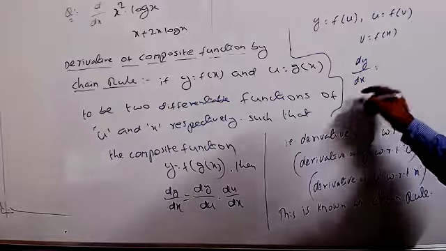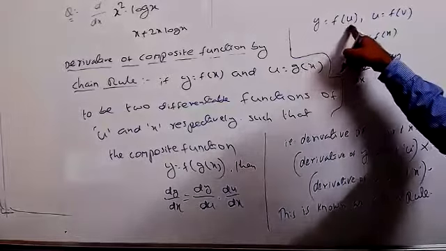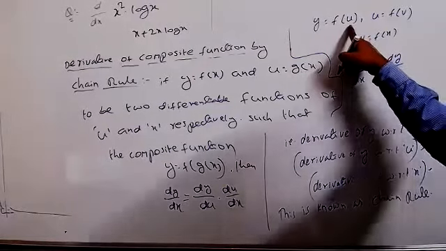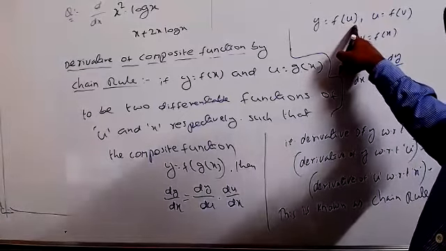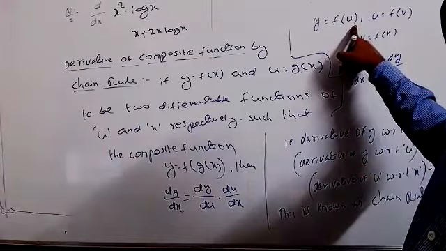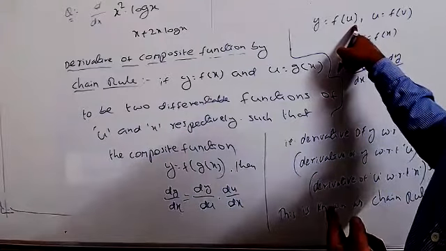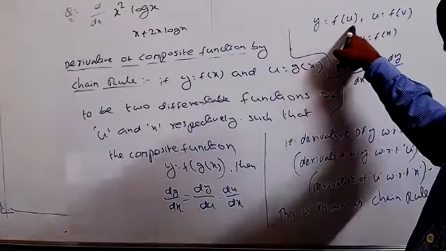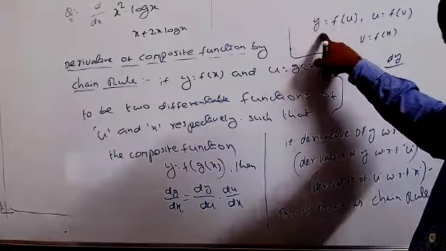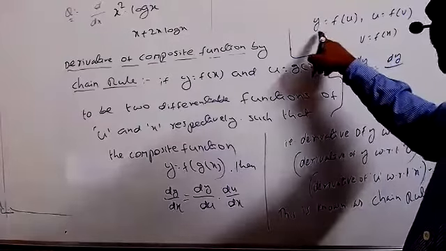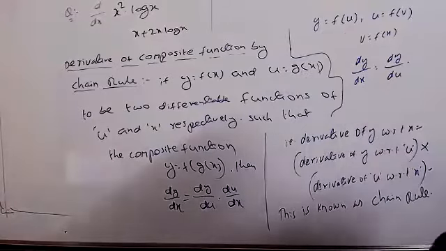So write clearly dy with respect to u, because in this function what is the variable here now? What is the parameter here? U is the parameter, as I already showed very clearly previously. So in a given function, first identify what is the parameter. Based on the parameter, we have to differentiate with respect to that one. y equal to f of u means derivative of y with respect to u, so dy by du, into